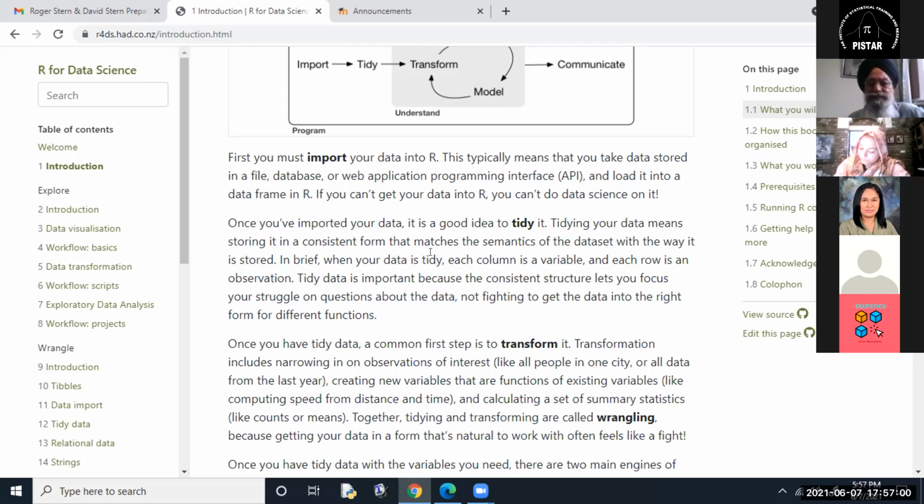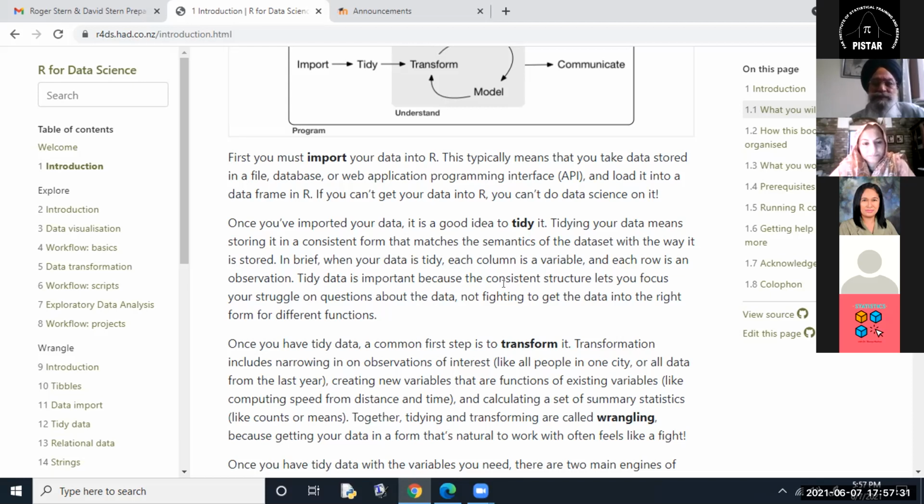I'll let Roger and David talk about it, which will be, I think, very good. In brief, when your data is tidy, each column is a variable and each row is an observation. If you put it very simply, this is it. Every variable occurs in a column and every case occurs in a row. So it's as simple as that.